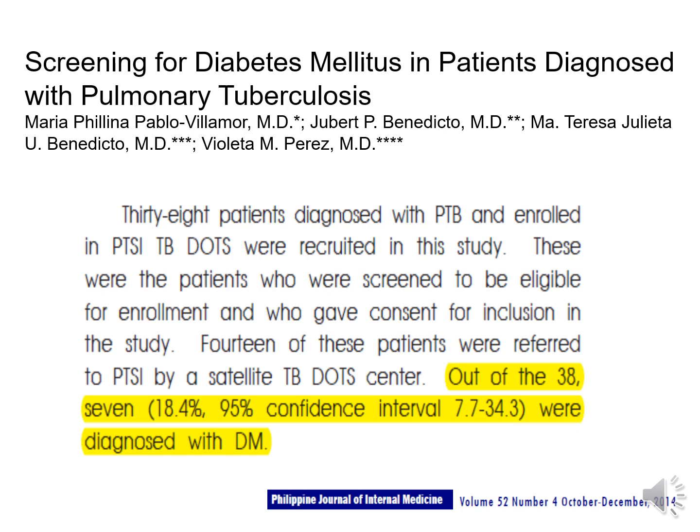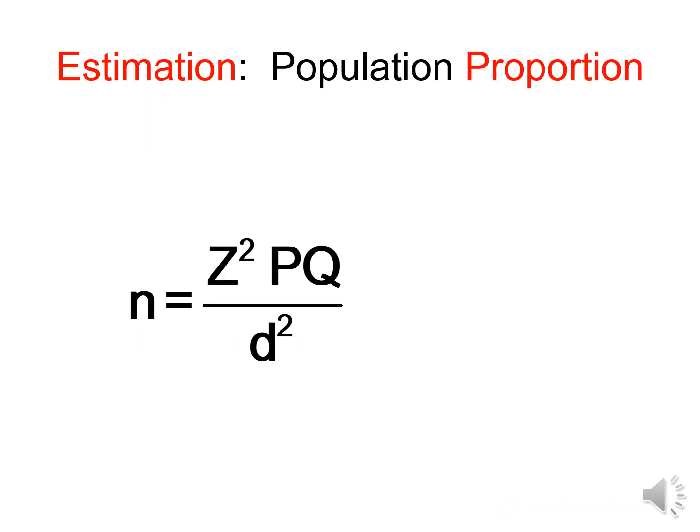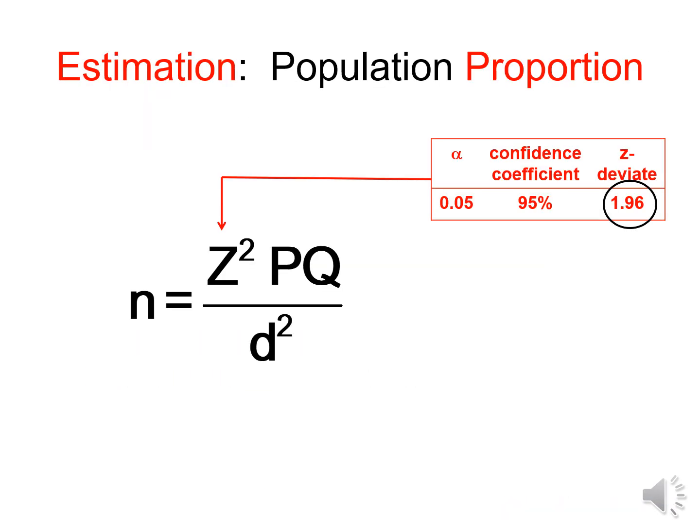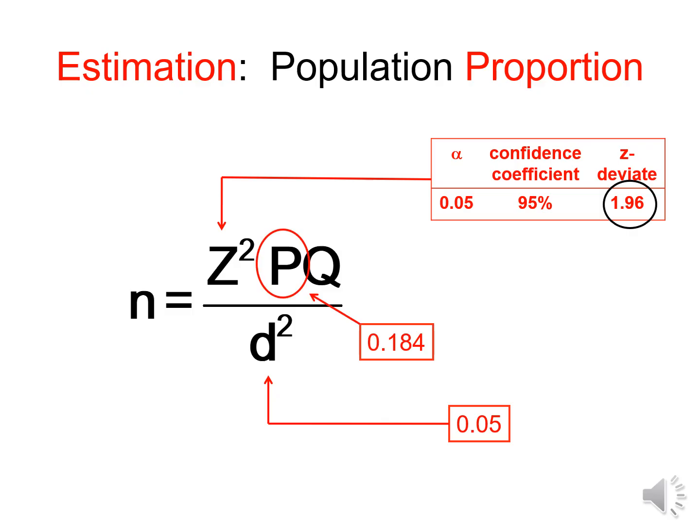18.4% as the proportion or percentage of TB patients diagnosed with diabetes. Using the formula with alpha set at 0.05, the Z deviate is 1.96. The desired precision is 0.05. The proportion derived from the previous study was 18.4% or 0.184, and Q is 1 minus P, so that is